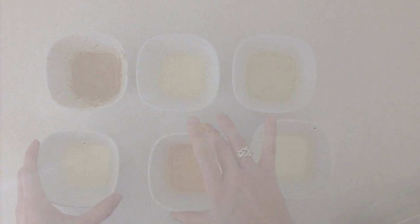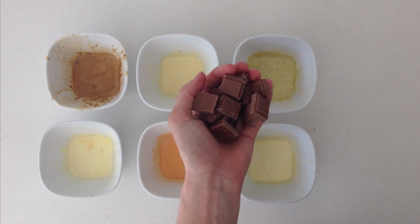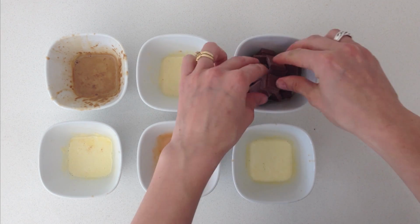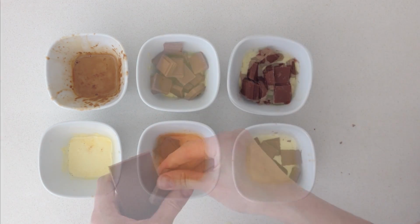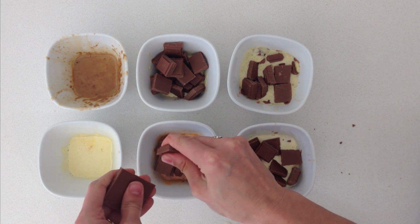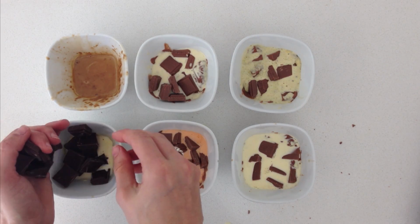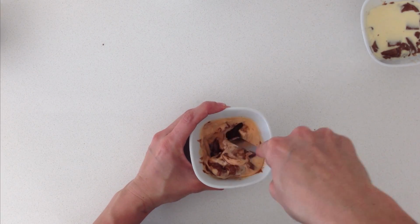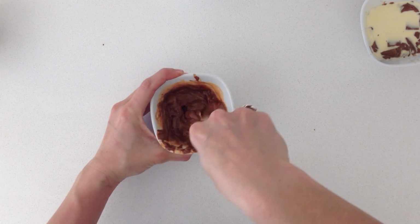Reheat all of those so that the cream is boiling again, and then add your chocolate. You can choose to use dark, milk or white chocolate. Just break it into pieces and make sure it's pushed down below the level of the cream. Because we're using such small quantities of cream, it may not hold the heat for long enough to completely melt the chocolate. If that's the case, just microwave it in 5-second bursts, stirring after each time until there are